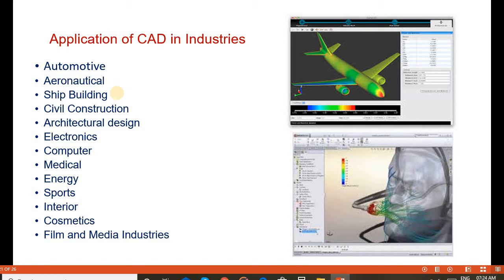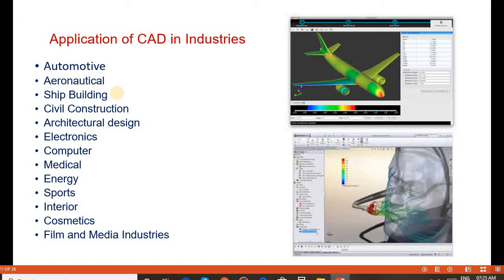Also, it helps in surgery. For example, face surgery is called plastic surgery. Also, it helps in designing and developing surgical equipment and medical equipment. So it plays various applications in the medical and biomedical field also.